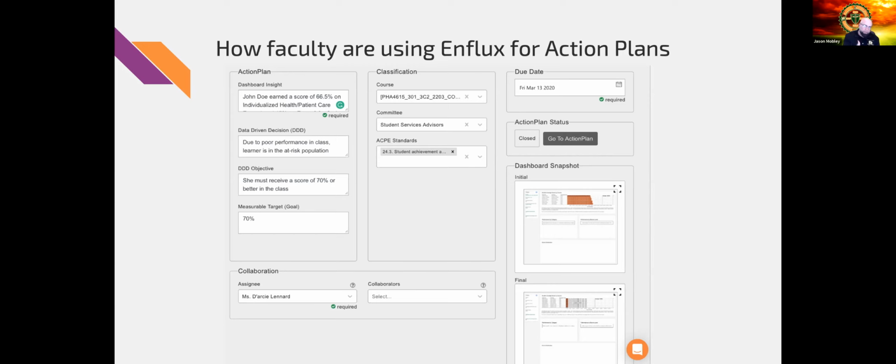We also assign this to the committee, the student service advisors, because they're also meeting with the students. And then, of course, we tag our ACPE standard. This particular item is for 24.3, student achievement and readiness. We set a due date of March the 13th, and then we assign this to the student services coordinator. And that coordinator then sets up a meeting with the student, and they talk to them about what issues